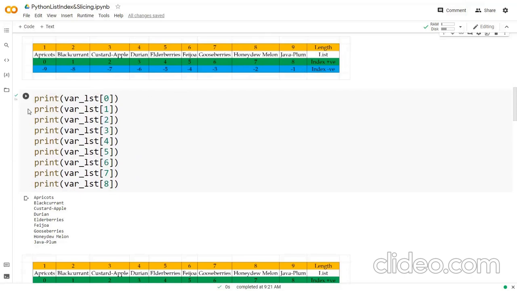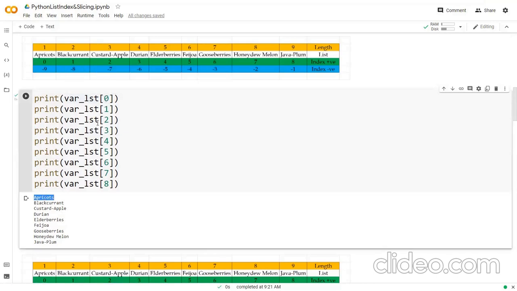So right here we can see that we have where list and index 0. So it is representing apricot. When we put index value 1, we are getting blackcurrant. Then when we bring index 2, it is showing me custard apple.